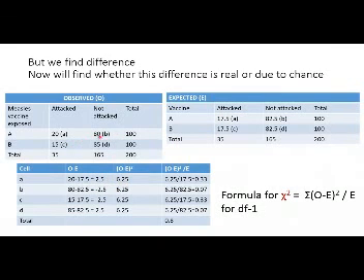In cell B, the observed value is 80 and the expected value is 82.5. This comes out to be minus 2.5. In cell C, 15 is the observed value and the expected value in this case is 17.5, again coming out to be minus 2.5. And in cell D, the observed value is 85.